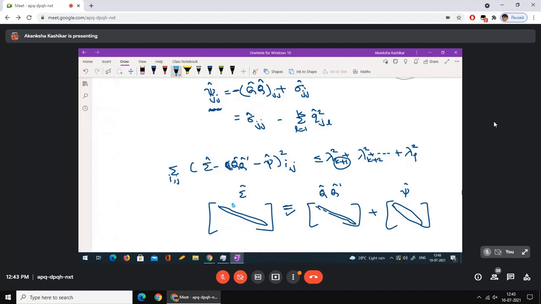Okay, but I can't say the same thing with the off diagonal elements. Suppose off diagonal element here was sigma 1, 2, and then I get some element here, let me call it k12, by product of relevant rows and columns from q prime. So I got k12. Here I am forcing the off diagonal entries to be 0 because I want my psi hat to be a diagonal matrix. So I am not sure whether my sigma 1, 2 is going to be equal to k12 or not. My sigma 1, 2 need not be equal to k12.